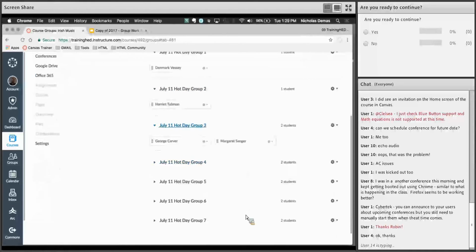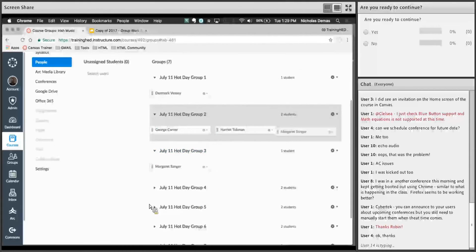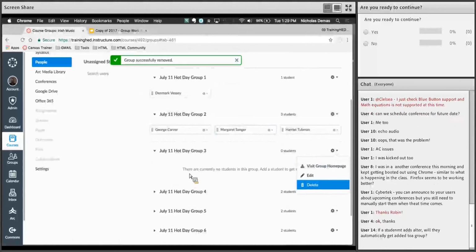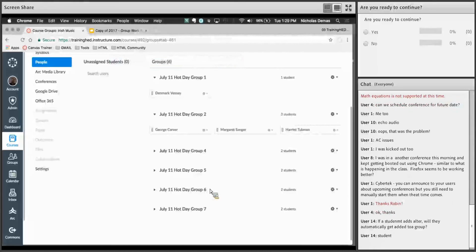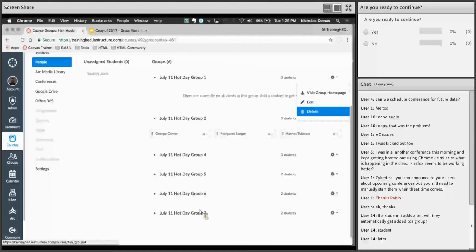Let me go ahead and save this. And I will have now created a group structure. Right now Canvas is setting those groups. As I look at those groups, I'll be able to see who's in what group by using the pull down menu. I do know that I have a few people that are in random sessions. So I can look at these different group sets by